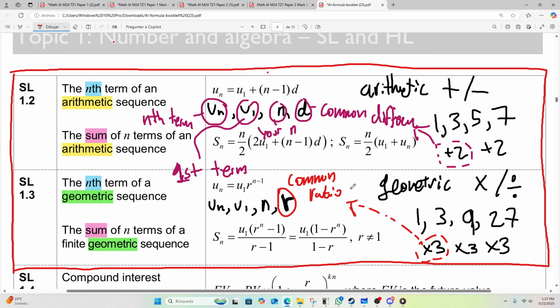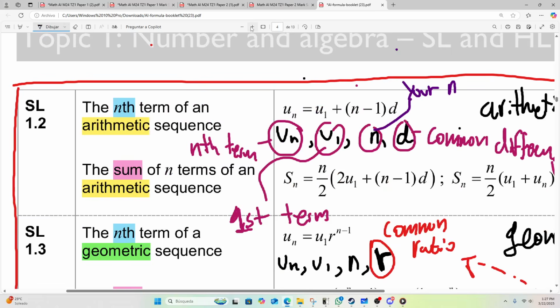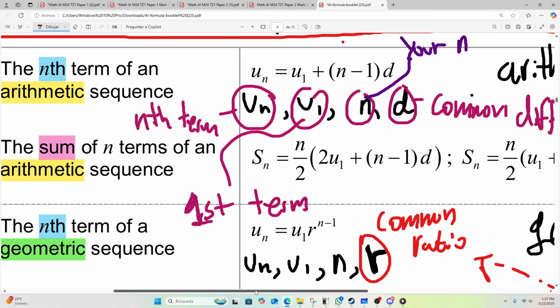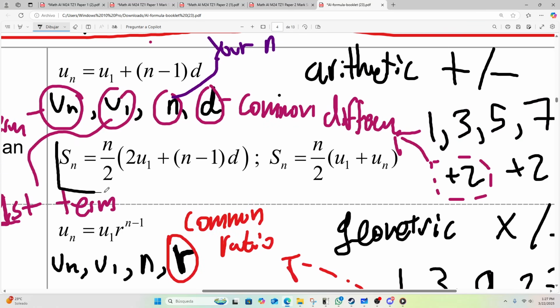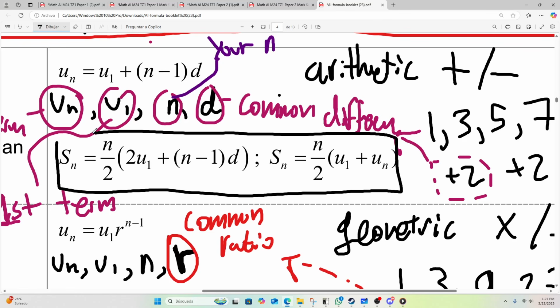The last thing I can point out here, but you will also discover this in the video I'm going to put in the description, is that for the... Let me make a little bit of space. So this is your n. Focus really, really hard on the sum of n terms of an arithmetic sequence. For the sum of n terms, you have 2 equations. Notice, these 2 equations are not equal to each other. They are separated by a semicolon. So if they're separated by a semicolon, that means they're completely different. I mean, they get you the same answer, but notice, why are they different? That is why you clicked on this video.